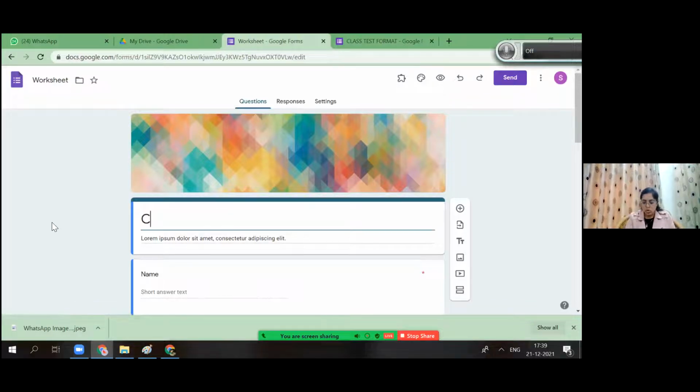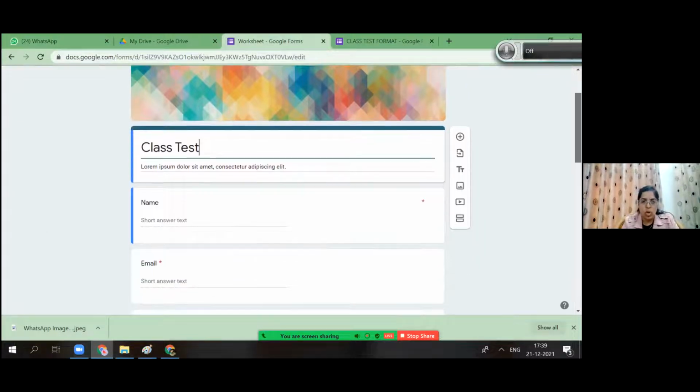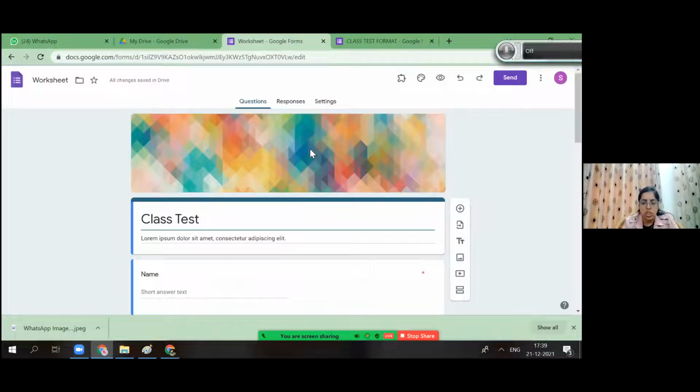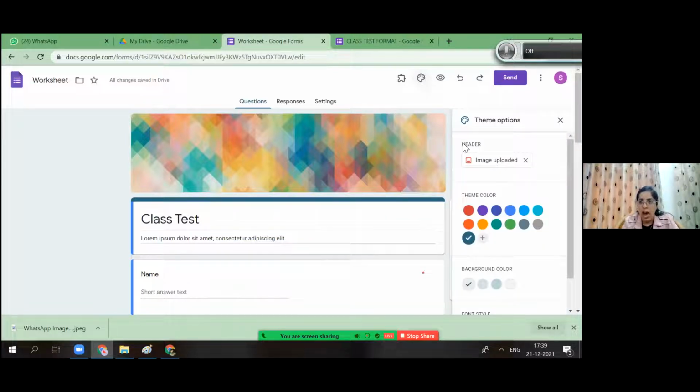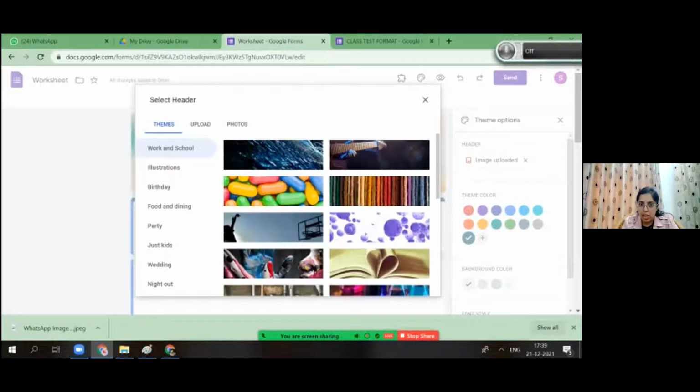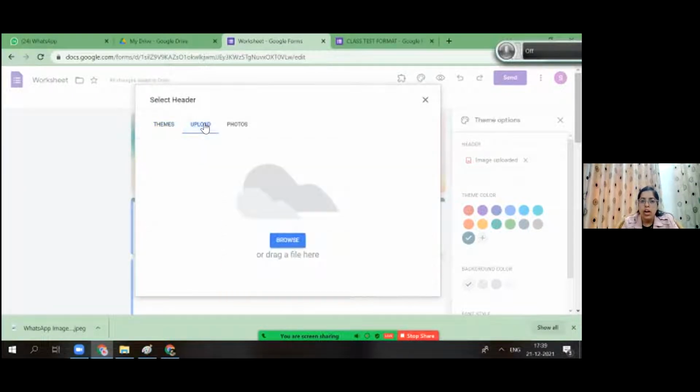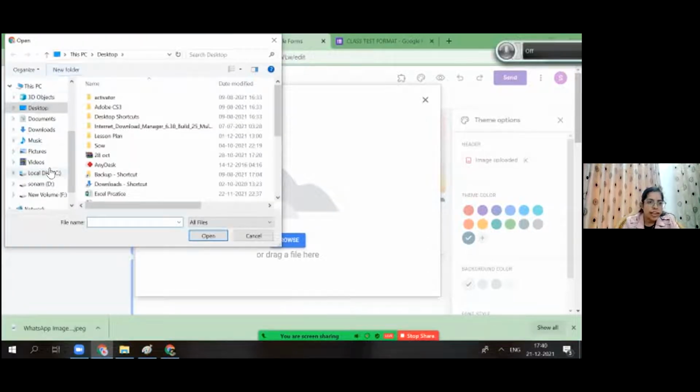I'll be telling you how to change the settings so that papers can be checked automatically and can be checked manually also. So I'm going to give it a title, class test. Here the theme can be changed. You can even change the settings of your paper by going to this custom theme, and you can upload the theme. Since you all are running academies, here you can upload your academy's logo or any image, your academy's picture. So I have selected